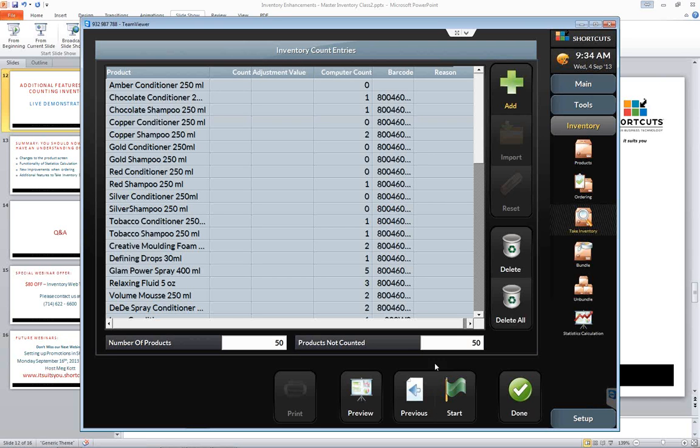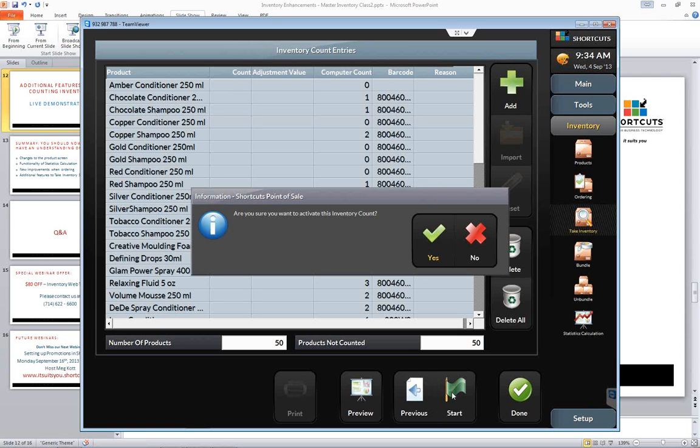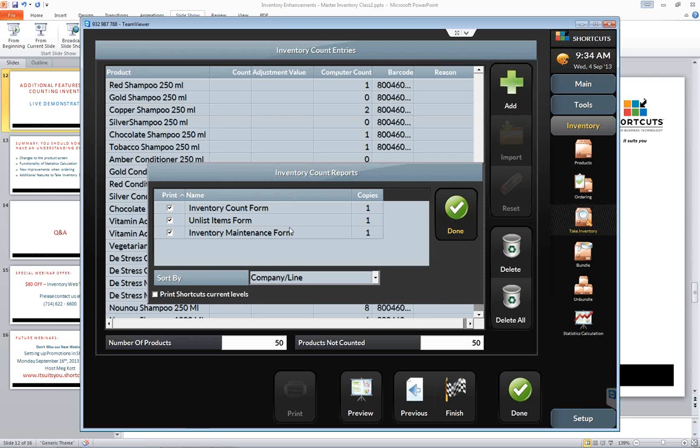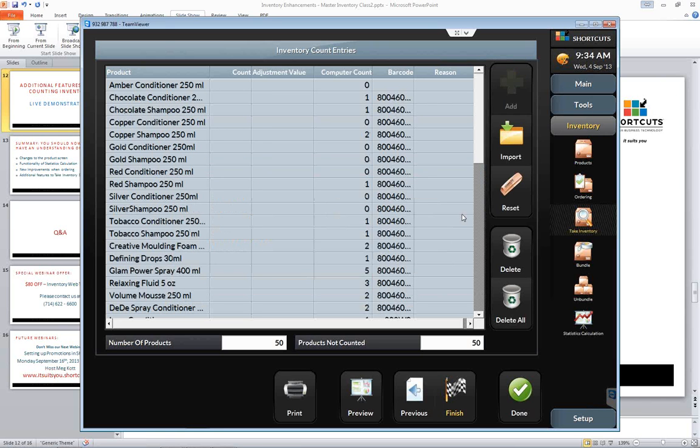I actually need to start this count. Are you sure you want to activate the inventory count? Yes. I'm not going to print any of these forms, but we do recommend that you print at least the top one so that you can take that form around to physically count the inventory. When I go through and put my physical count in,